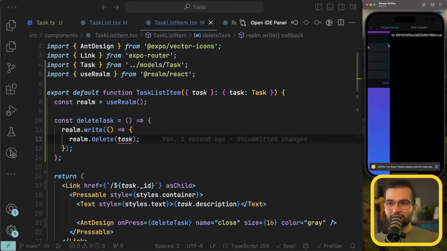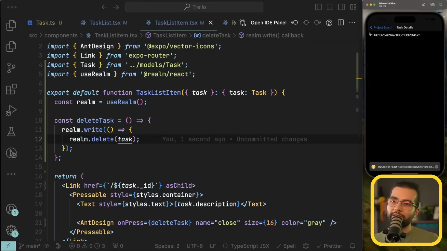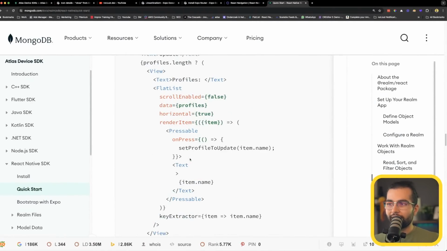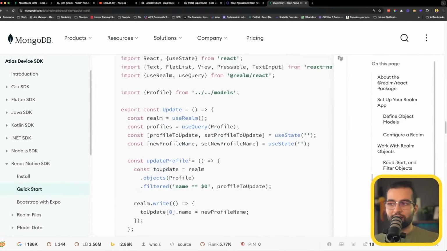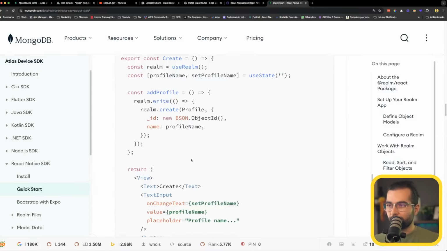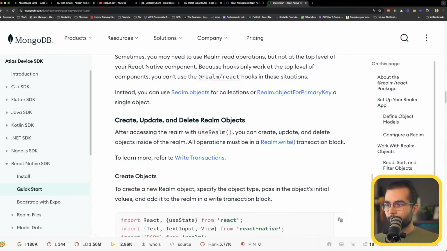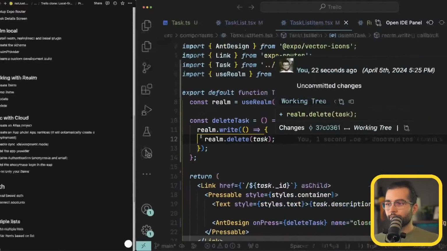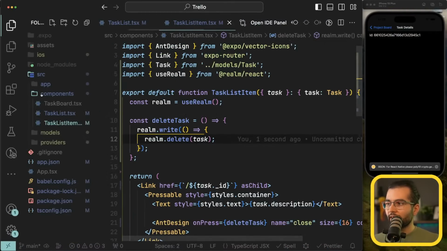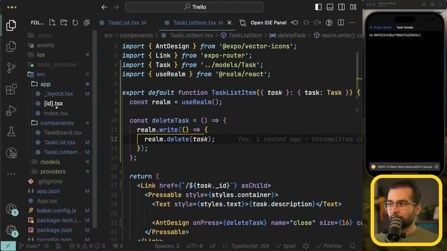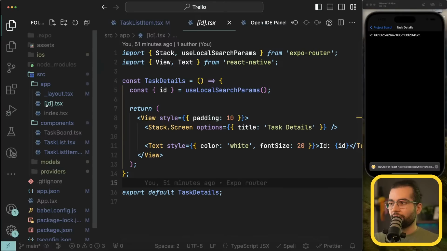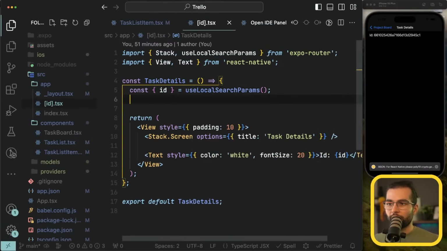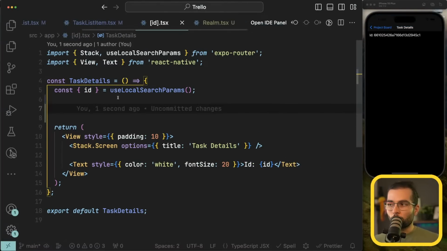Perfect. So let's go ahead and also probably handle one more thing. We saw how we can fetch or query the database for a list of things using the use query. But how can we fetch only one item? To do that, we're gonna handle it on the detail screen here in the id.tsx. We know the ID, and the only thing is that we need to get the task object based on that